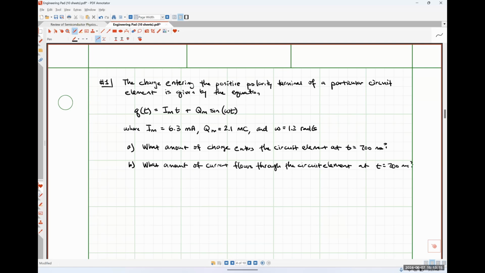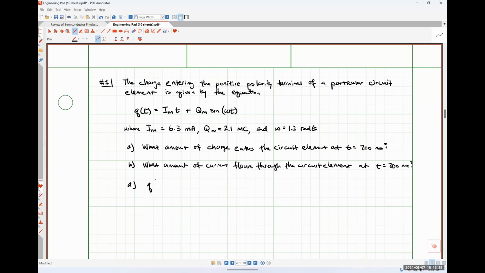I would assume just plug everything into the Q of t equation. Exactly right. We have an equation for charge, and we're trying to find charge, so why would we need to do literally anything else? So 100% correct, Baylor, thank you. So for part A,